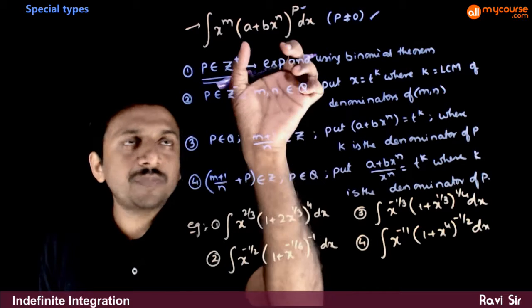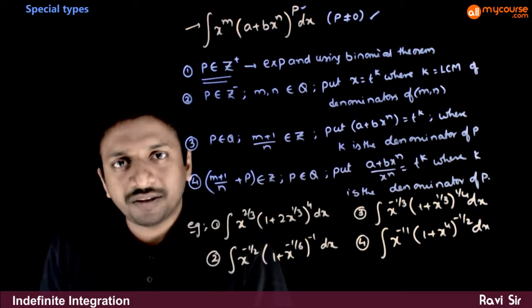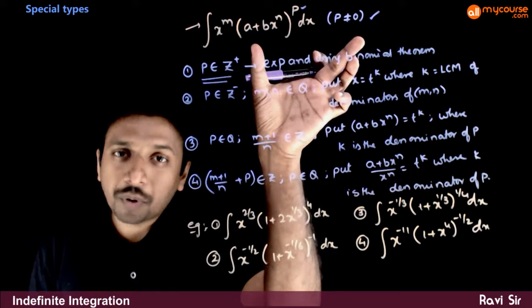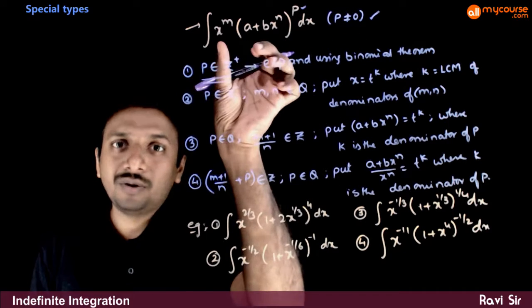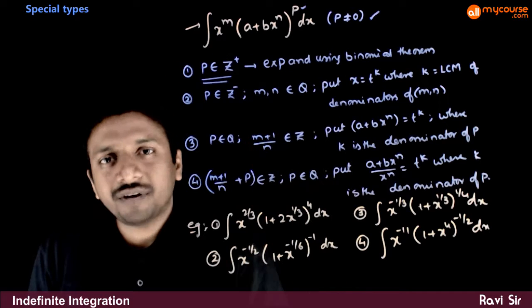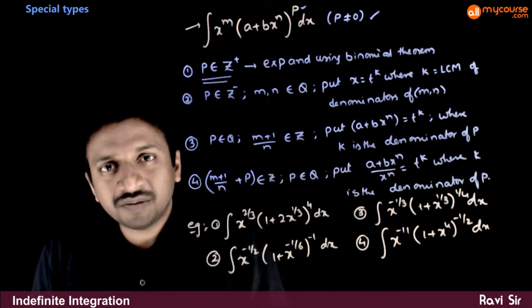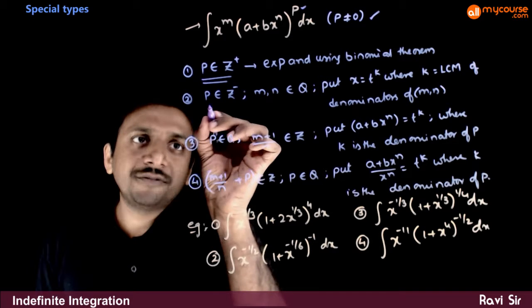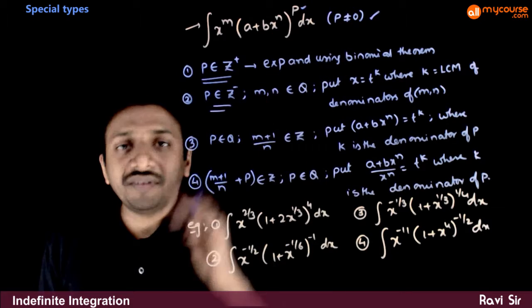you just need to expand this bracket by using binomial theorem. So if you expand this bracket using binomial theorem, you get a polynomial in x. So if you expand the brackets, you get different powers of x in each term. You can just try to integrate. It's very easy to integrate. Next, if p is a negative integer,